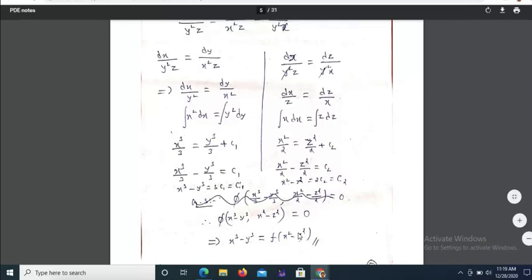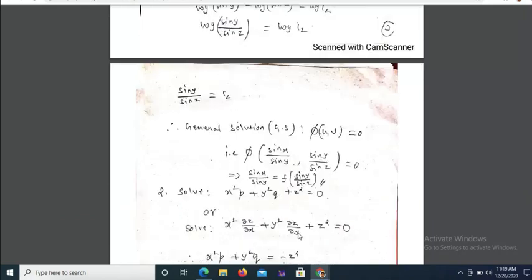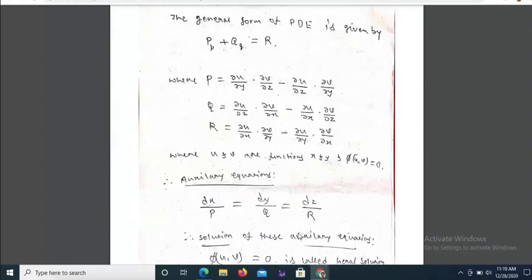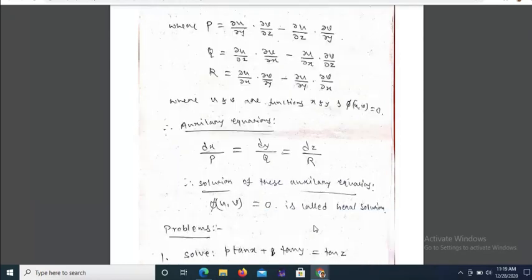So one thing you just observe here. In every problem, you just observe here. It is very easily we can get dx by p equal to dy by q equal to dz by r. See, if you have taken dx by tan x, dy by tan y, dz by tan z, just observe tan x here, there is no y content, there are no y terms. Tan y here, there are no z terms or x terms. Tan z here, there are no x or y terms. So you have to get in this form. That is very important.